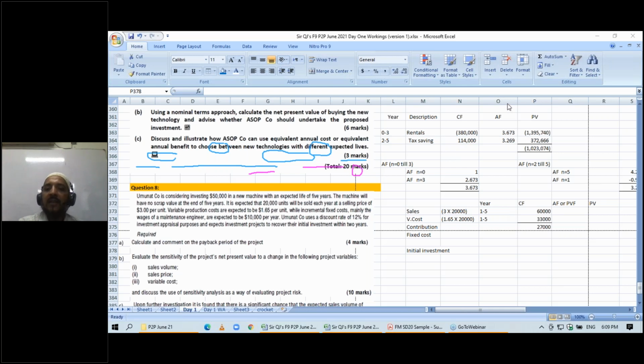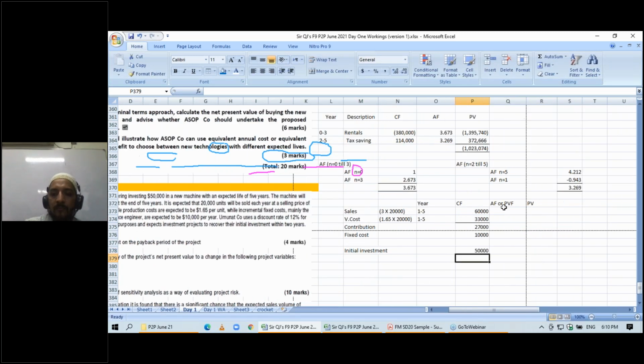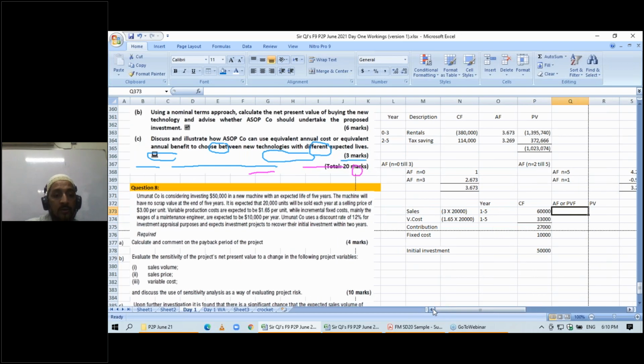Okay, so let's move onward. Now the fixed costs per annum are 10,000. So we'll deduct 10,000 from there. And now the initial investment amount is 50,000. So now the cash flows will occur from year 1 till 5, and the discount rate given in the question is